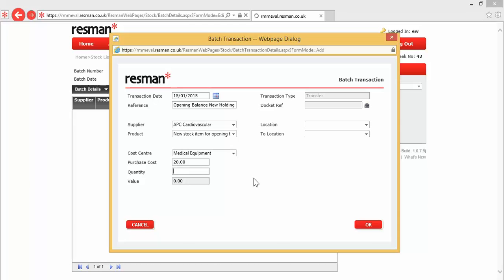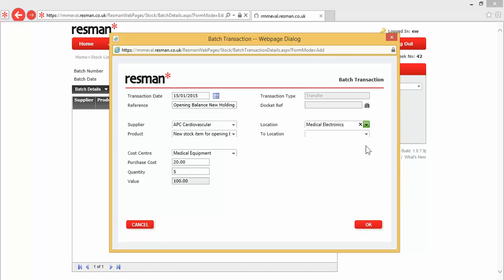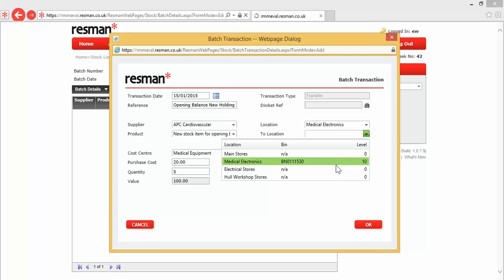I then enter a quantity, and we decided that what we'd like to do would be to split this, so we say 5 items, and our stock valuation will be calculated, and we're going to take that from the location with 10 in, which is our medical electronics store,